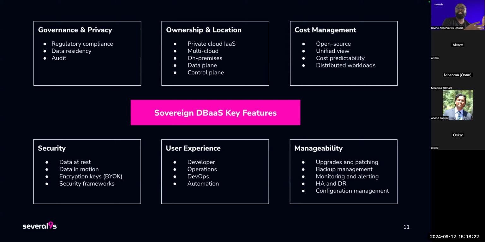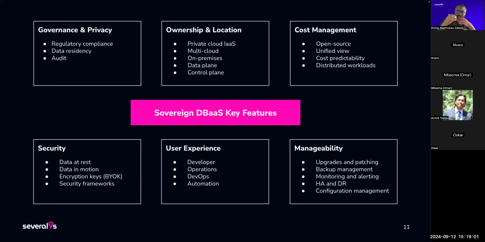But when an organization is already locked into a certain DBaaS provider, or they don't really have the expertise to build their own DBaaS or to move away, they just close their eyes and keep paying the cost, because it works. But then again, the costs keep increasing. And Sovereign DBaaS offers cost savings through open source technology, and this simplifies cost management because you're not really paying for the software, because it's open source.